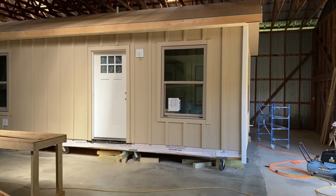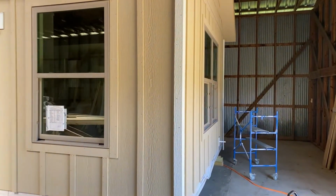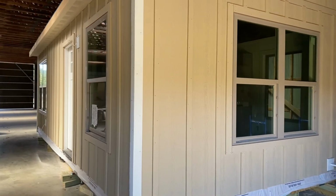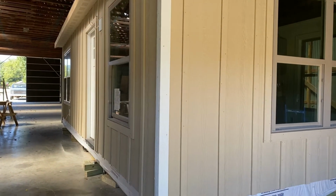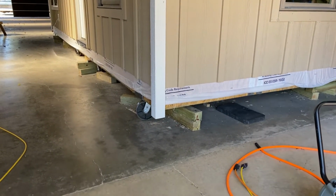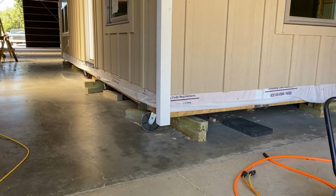Alright guys, so I'm going to show you a little bit of the details as to what we have going on with this unit here. Again, this is our 14 by 28 tiny home, and we are using the LP Smart Siding to get this thing buttoned up. As you'll notice, one of the first things here is that this corner is actually extended a little bit below the bottom of what the home will be,